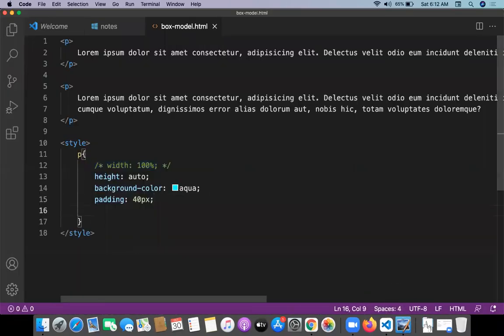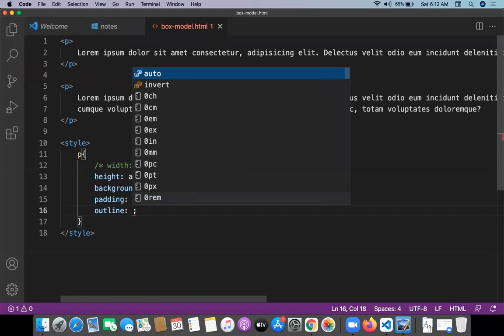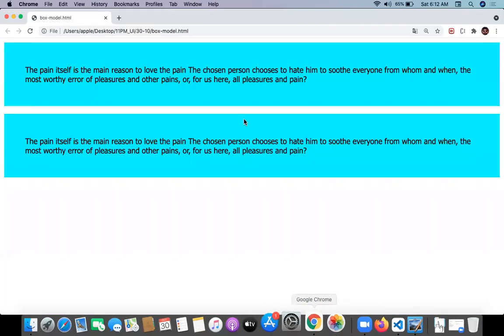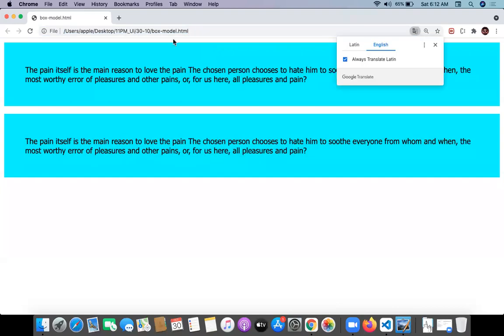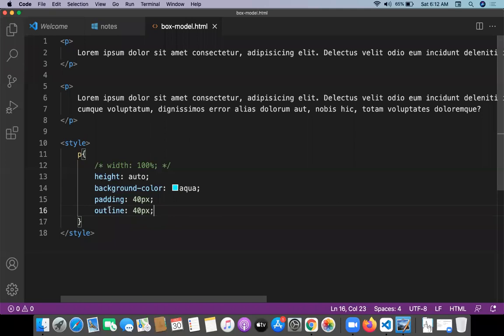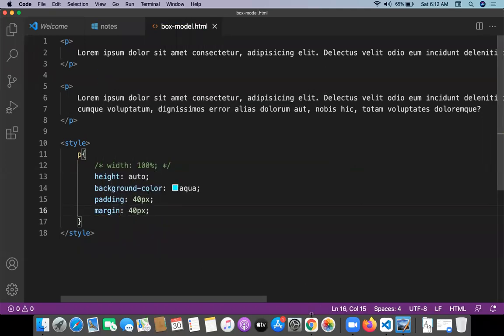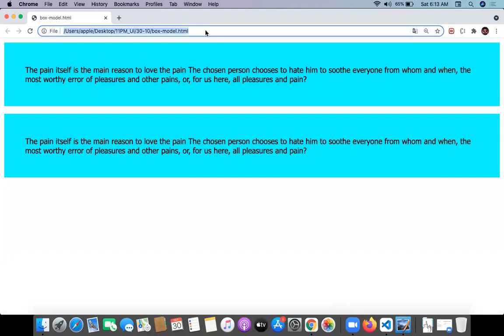Padding is inner space. Then what about outer space? Let me give 40 pixel outside, on all sides. Margin, 40 pixel. I'm giving margin now. Margin is outer space.